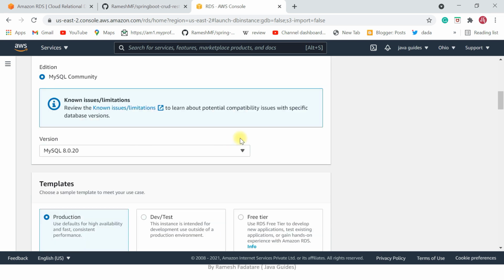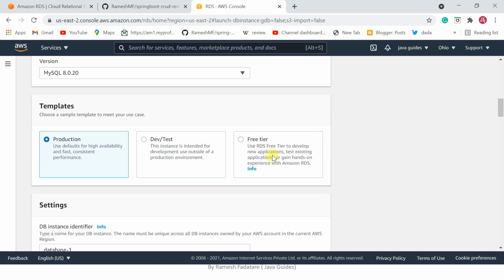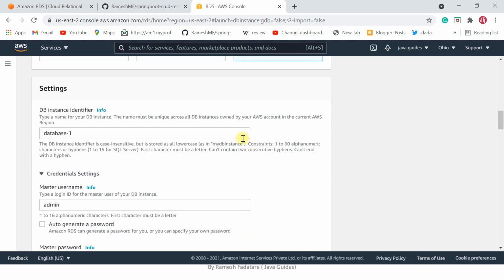And look at here, this is important. Choose free tier. Okay, choose free tier, don't choose production. This will charge you, so you need to pay for this option. So just select free tier, this is just for learning purposes. You can go ahead and choose free tier here, and after that we need to create a DB